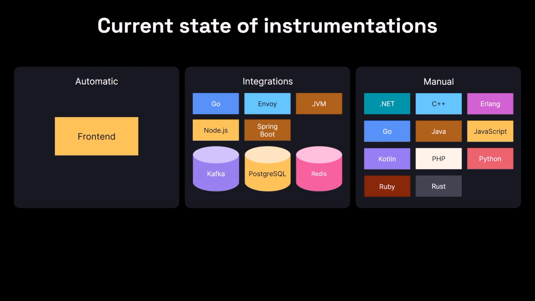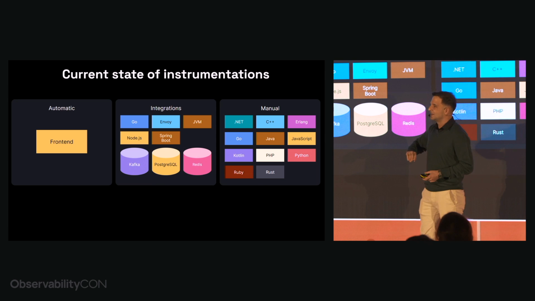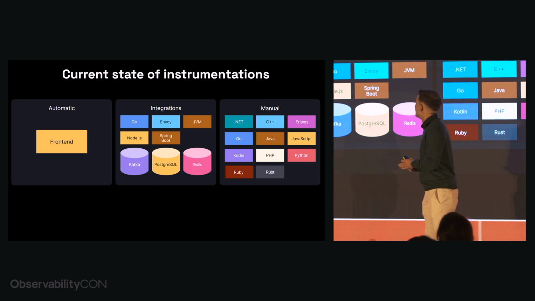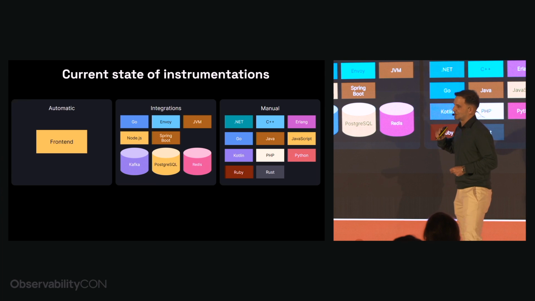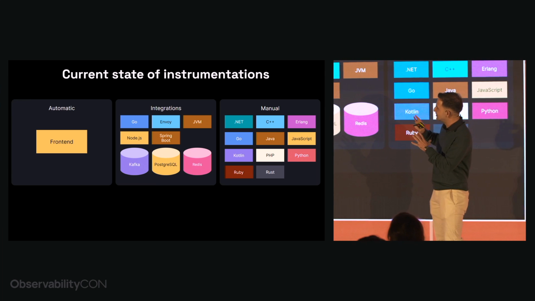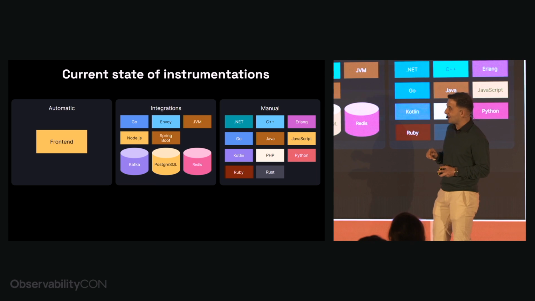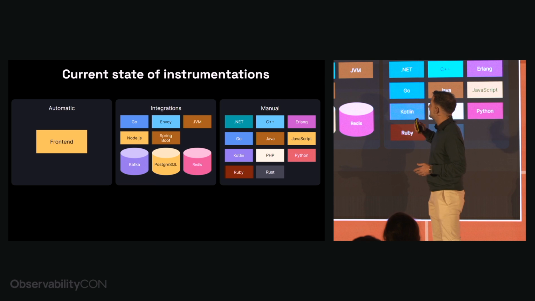So we talked about Faro earlier, which is totally automatic instrumentation. What does that mean? Well, you just add a code snippet and you deploy it, and that's about it. You get logs, you get traces, you get metrics, everything out of the box. But for the services where we don't have automatic instrumentation, for some of them we have integrations. And integrations are pretty similar to the automatic instrumentations, but they are not. Why? Because, for example, the Go integration does not have the same mechanism to implement as the JVM one.